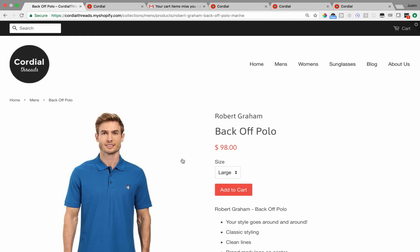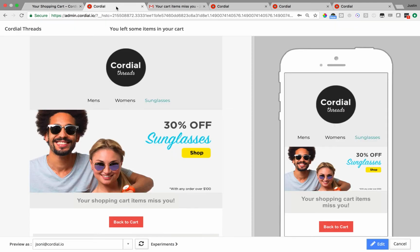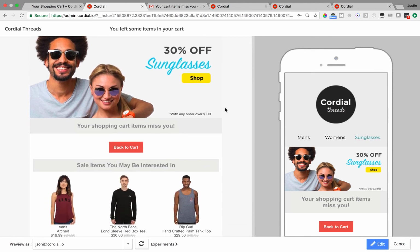But in this example, what we're going to do here is do an abandoned cart message, so you can see how I can take real-time interactions like adding items into my shopping cart and turn that data into automated content. So if I go into a template within the Cordial platform here, like this one that you're seeing,